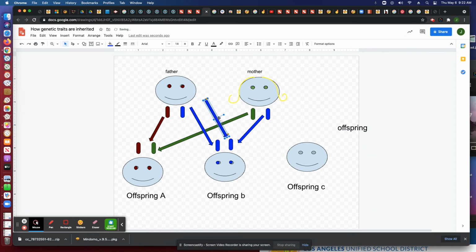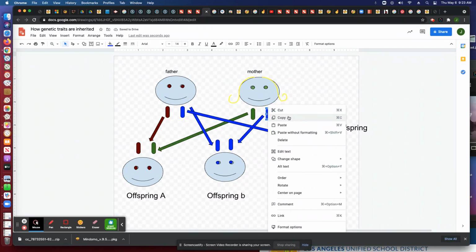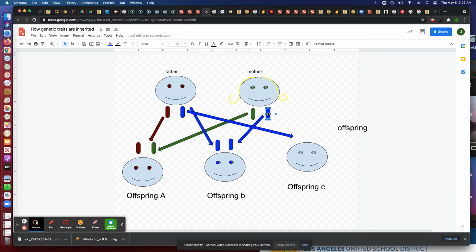And this offspring will, let's give it the blue gene. It's a lot of arrows. Hope we can keep up with all the arrows here, but so we're going to copy and paste this blue gene,